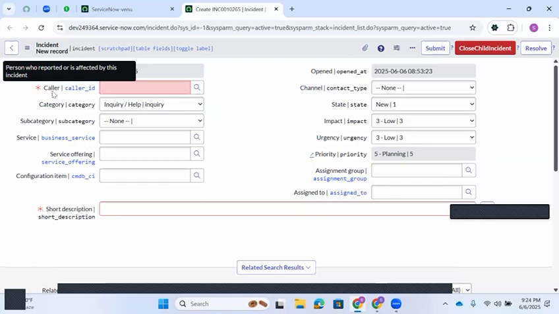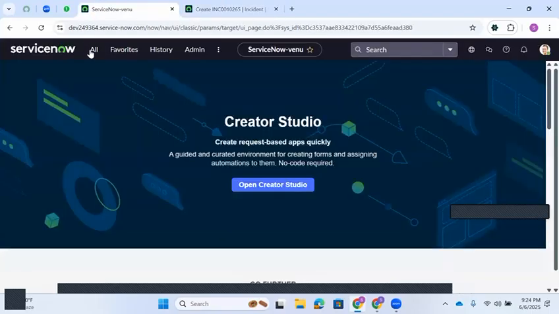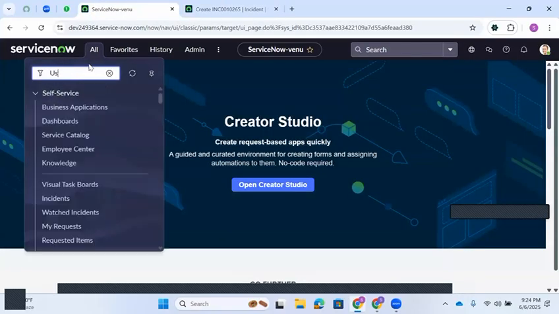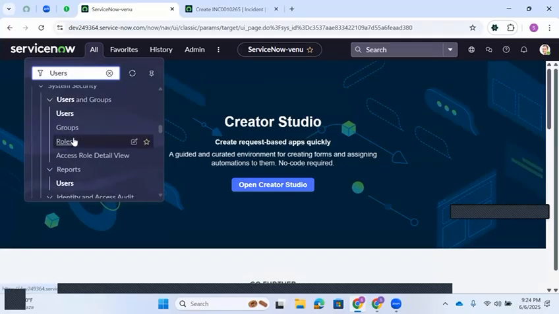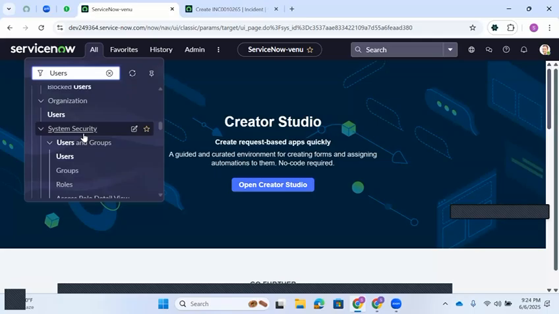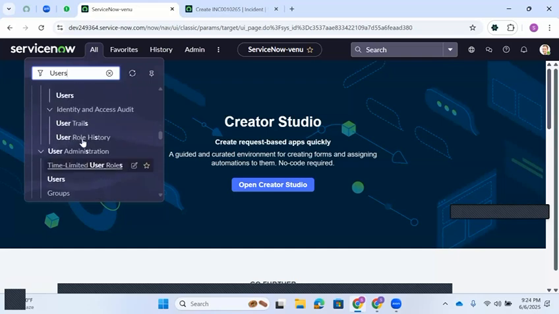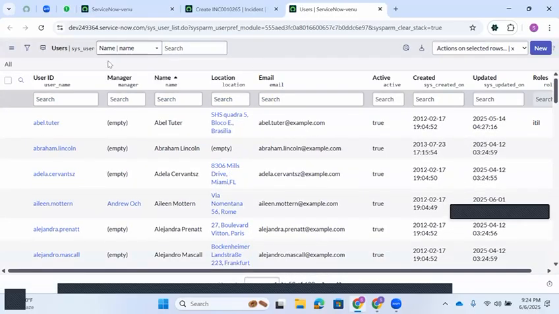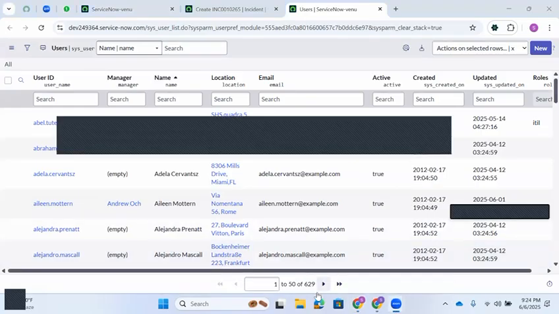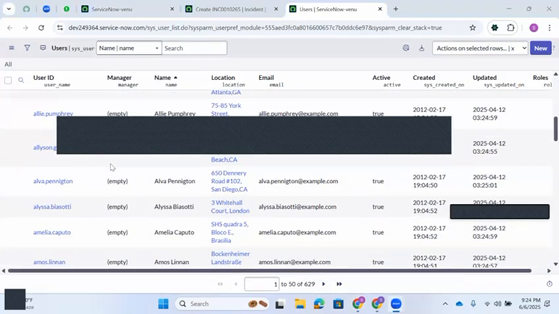So user data is stored in a specific table called the user table. Where do I find this user table? As I mentioned, this is the left navigator. When you type users and scroll down, under user administration you will find users. Just click on users. This is the table you are in, and if I scroll down I can see 629 users are available. The data here is provided by ServiceNow, which is nothing but demo data, but when you start working in real time you'll have a